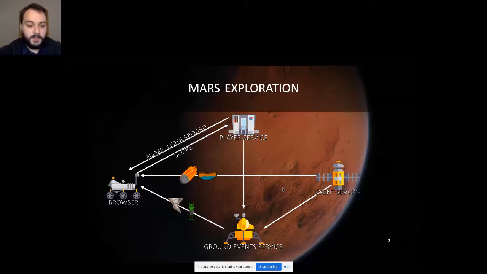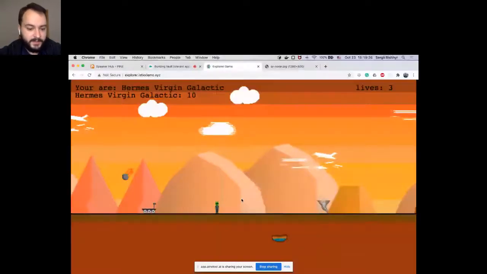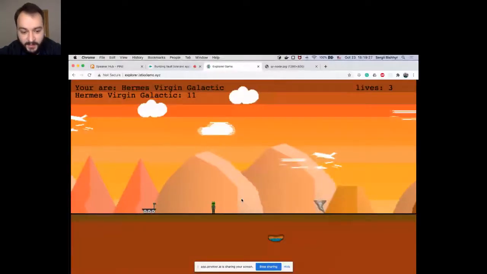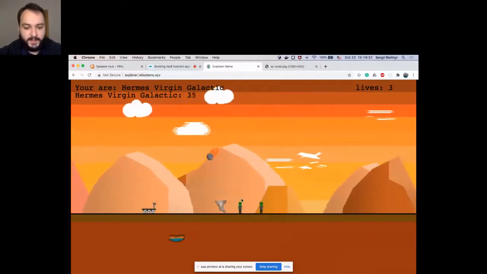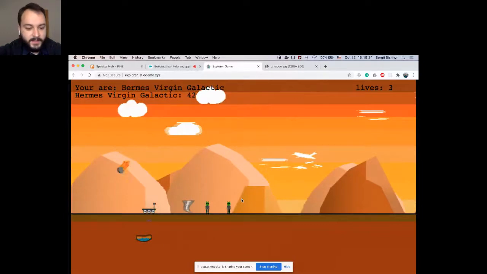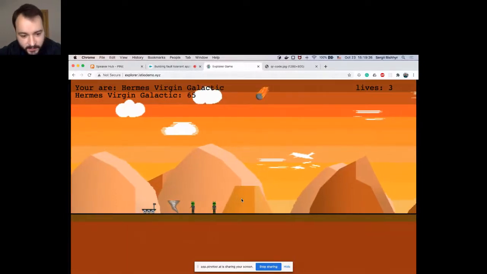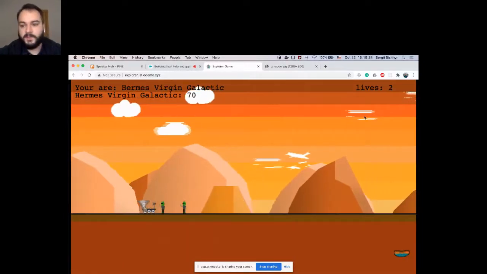Okay, so let's take a look at how the game looks. So this is my game. As you can see, I'm a little rover exploring Mars. There are some meteors falling from the sky. I can collect the alien form of life. It gives me 5 points. I can scan the underground water using the space button. If I touch the sandstorm, you can see one of my lives here in the top right corner goes down.